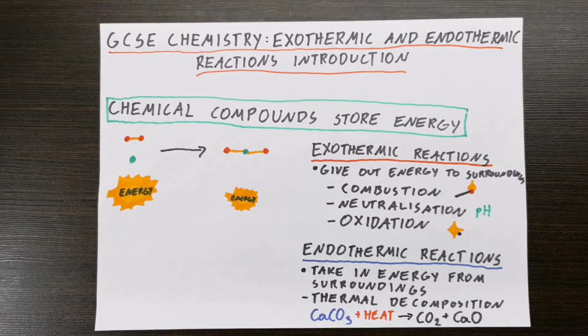For example, a good example is magnesium. If we burn magnesium, we are essentially oxidizing it. We are supplying oxygen to it. And if you've ever seen magnesium burning, it gives out really intense light. So it gives out heat as well as light. So as you can see, exothermic reactions give out energy to surroundings, and they can give them out in more than one form. They are most likely heat, but there can be other ways that these reactions give out energy